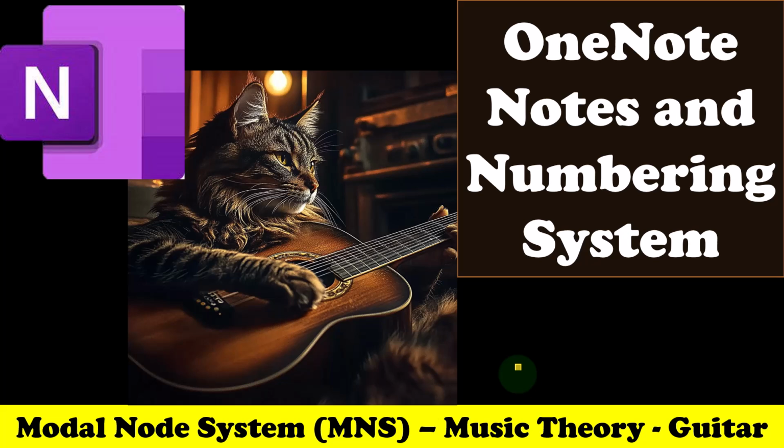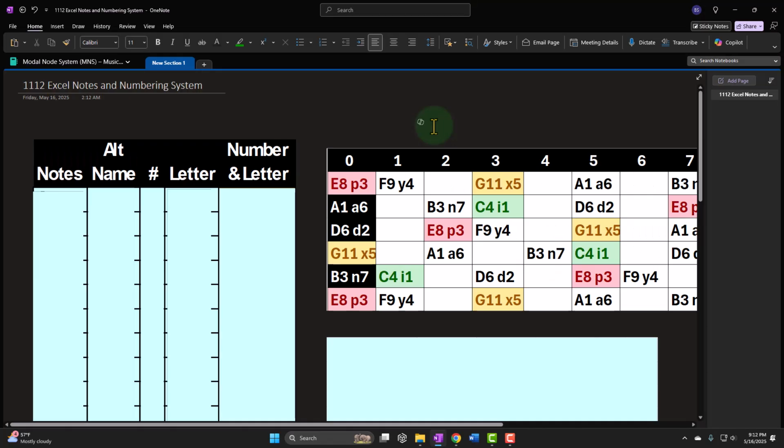Music theory, OneNote presentation looking at the notes in the musical alphabet, giving them a practical numbering system. So get ready and some coffee because we're rocking with OneNote, but it's a beautiful note. We are in OneNote, noting that although you're not required to, if you have access to this OneNote file and